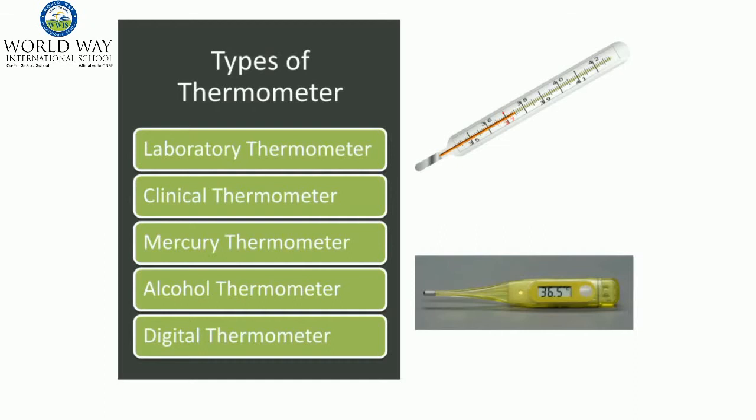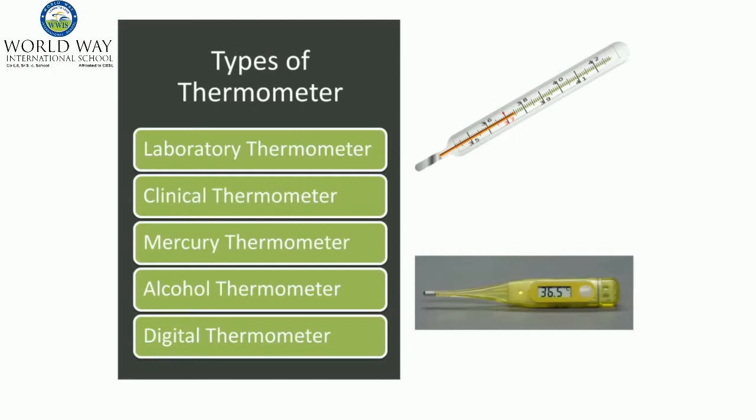The laboratory thermometer is a long glass tube containing mercury in its bulb. As it is dipped in a hot object, the mercury from the bulb rises up the tube. Clinical thermometer. A clinical thermometer is a small sized medical thermometer with a finely standardized range to check the temperature of the patient. A clinical thermometer consists of a long glass tube filled with mercury at one end.